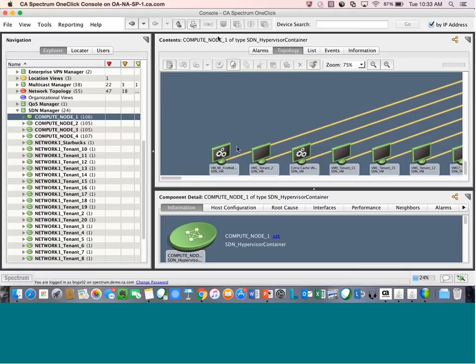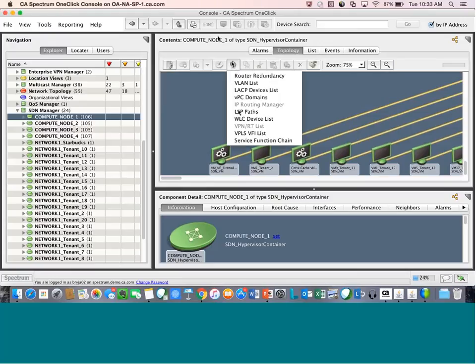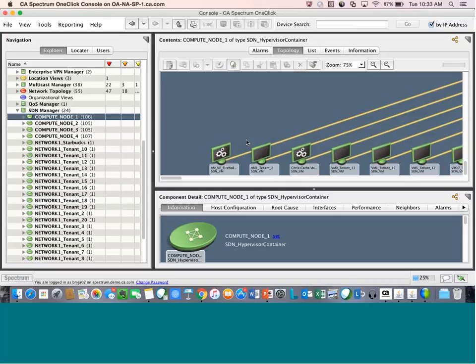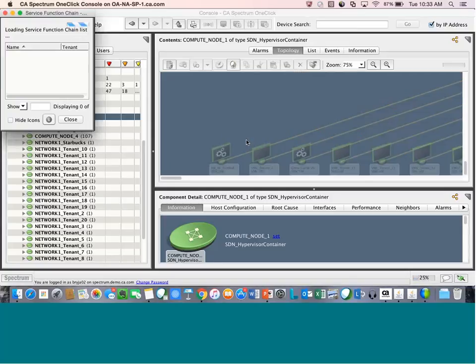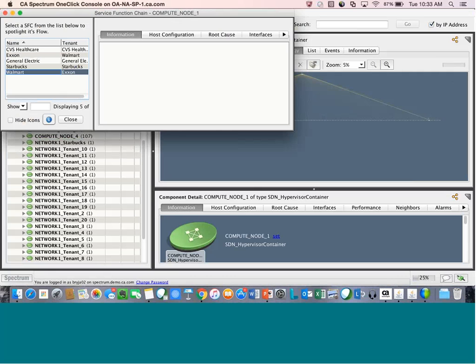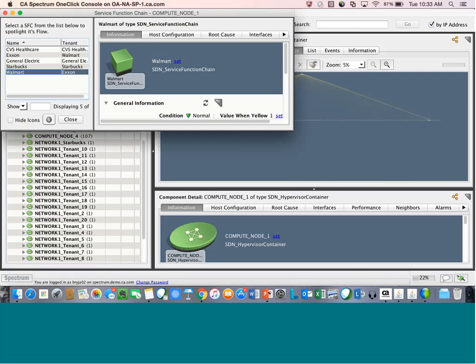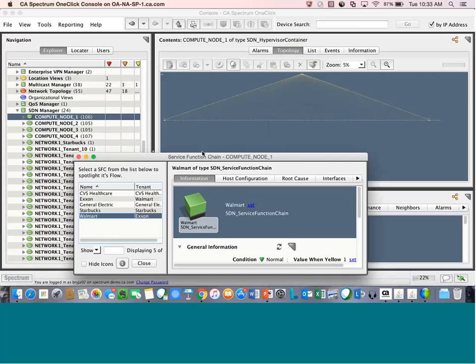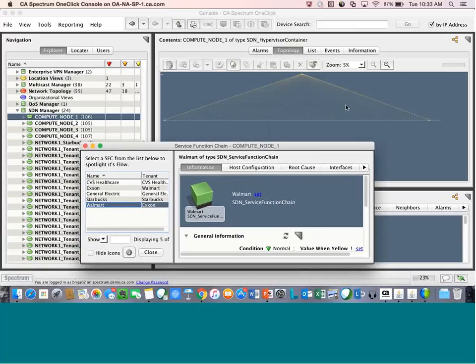Now also from here, if I look at the spotlighting view, I can get my service chain function. As we build out these different service chains, I want the ability to visualize these within my environment. So if I look here, for instance, and we have a couple of mock ones put in here, it's going to go ahead and highlight, you can see in the background there, like any of the spotlighting that we do, the devices that are participating within this virtual network, or sorry, virtual service chain.